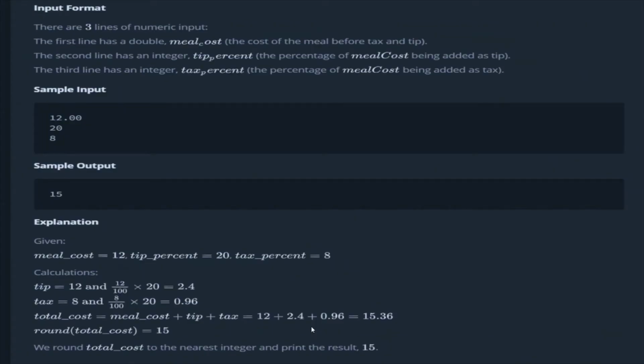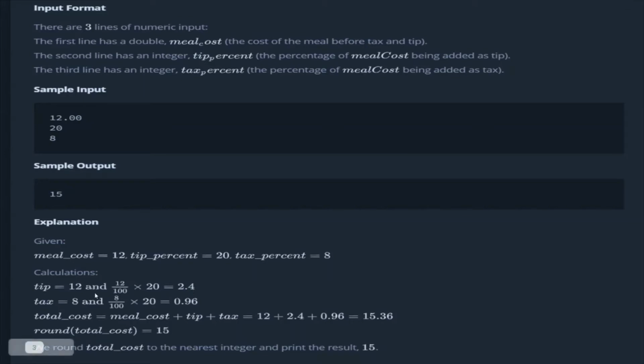Okay, so here's the input. We have three lines of input. The first is the meal cost, which is a double type, the second will be an integer, and the third also will be an integer, right? And they give an explanation as well here. Let's say the tip is 12%, and to calculate the value, 12 by 100 into 20 is equal to 2.4.